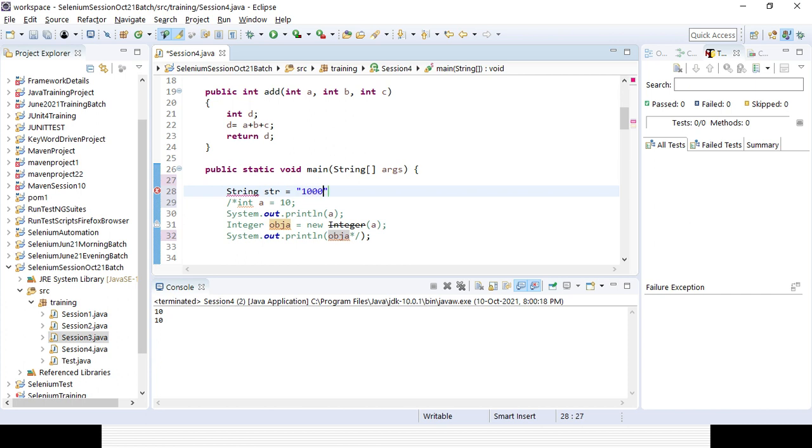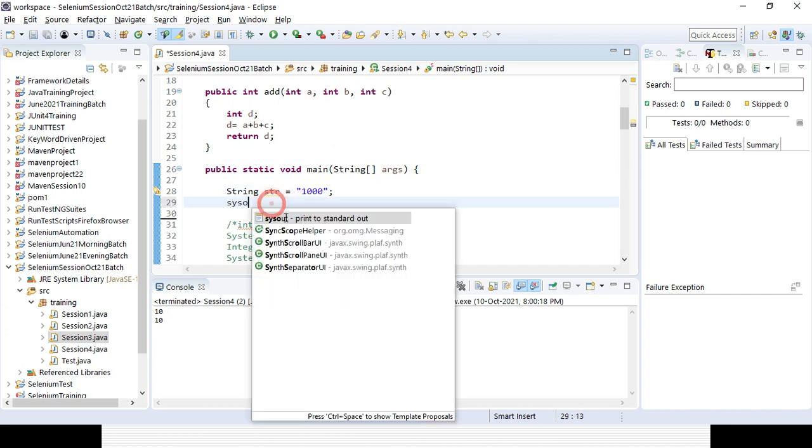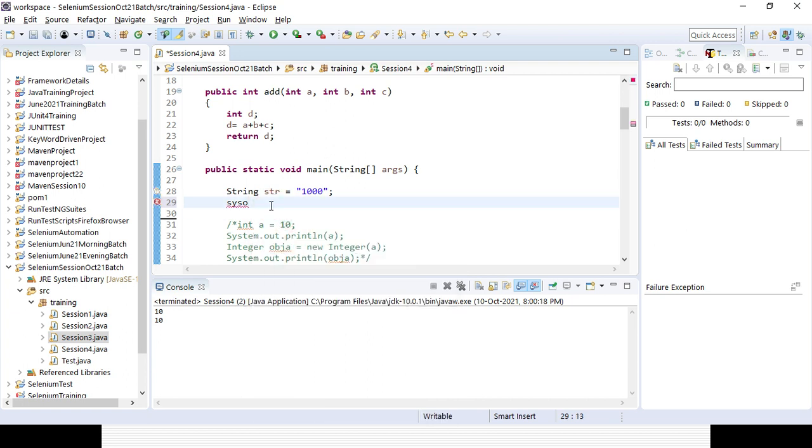This is an integer value, but Java will consider it as a string. 1000 is not numeric here. Suppose you want to add str with 100.